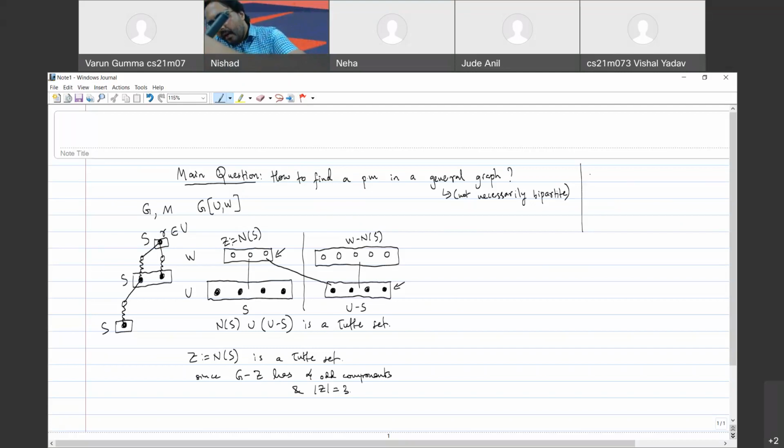So our algorithm will try to construct an M alternating tree such that when we can't find an augmenting path, the white vertices of the tree